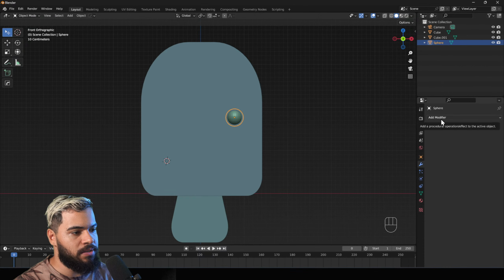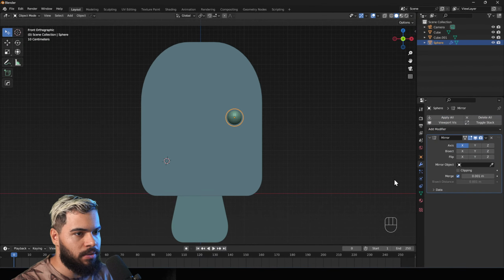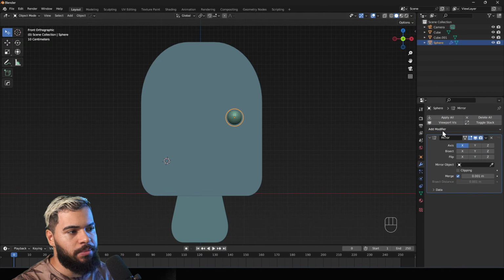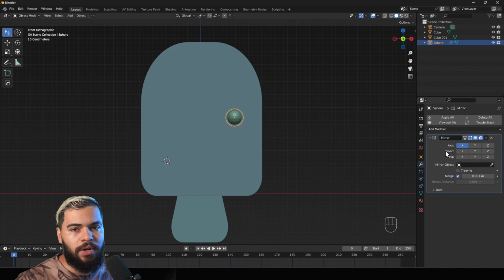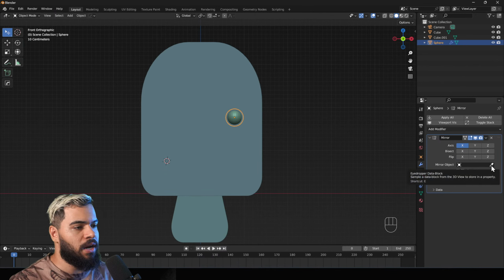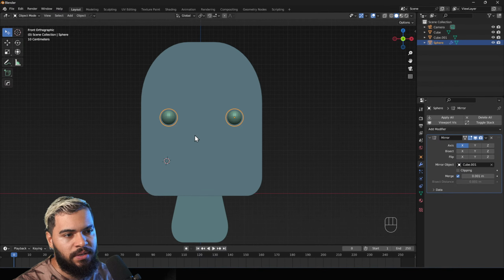Here in the modifiers, you can go to the mirror. Once you apply the mirror, you're gonna see the option that's gonna be available right here. Just follow what I will do. Click here in this eyedropper, and then click on the main object, which is the head of this guy here.